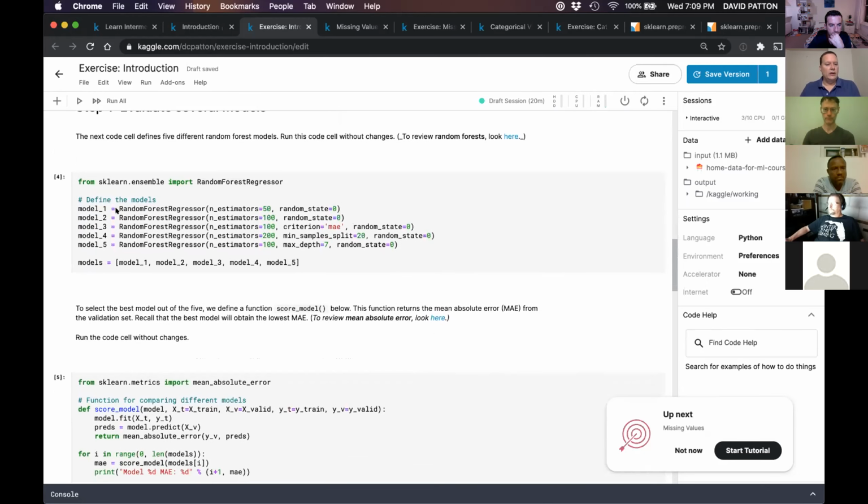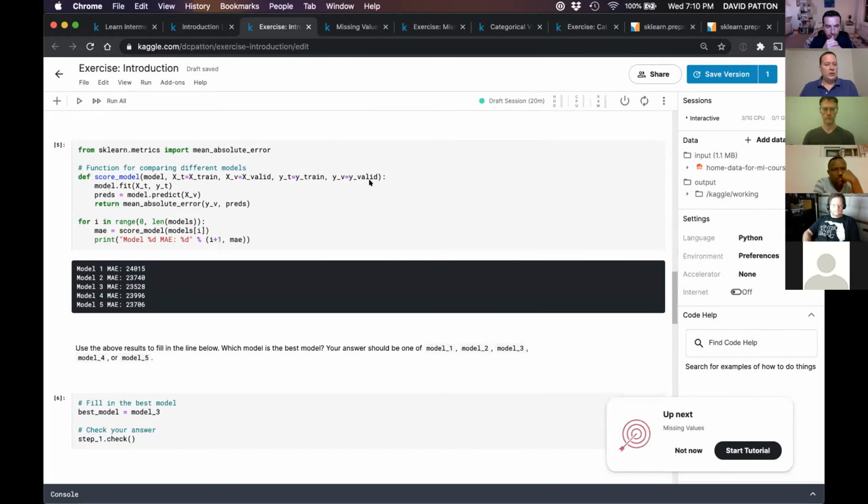And then we're going to create a bunch of, actually 5 different random forest models with a couple different parameters to change the way the models are created and work. And then we're going to run those models, run the fit on them, do predictions, and then look at the mean absolute error, since this is a regression problem where we're trying to predict a number. It's not a classification problem where we're trying to predict a type or a class for the result. So we're looking at a number. So we're evaluating mean absolute error to see how far we are off from the true value. So we're going to do that for all our models and print out the scores.